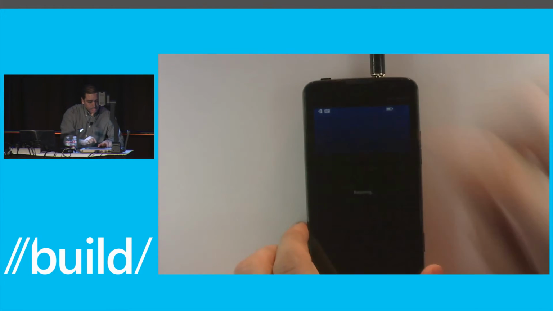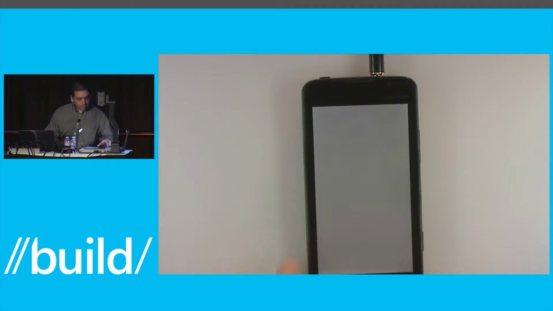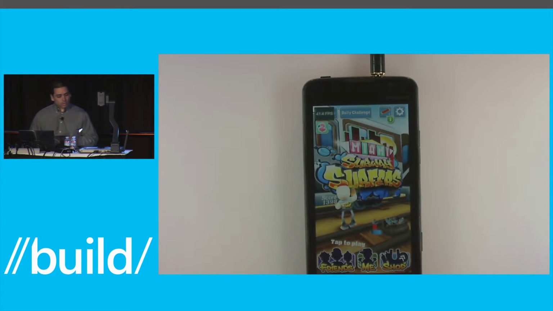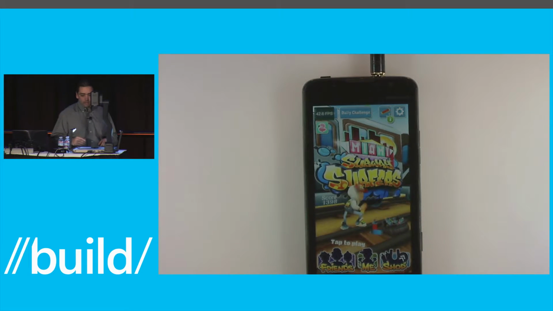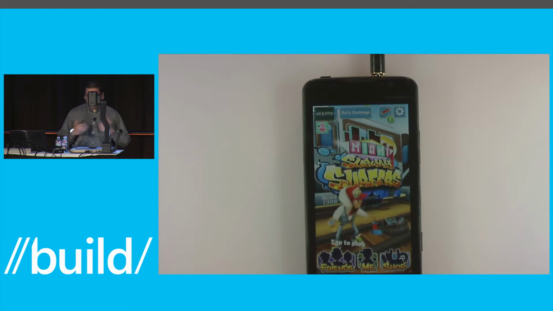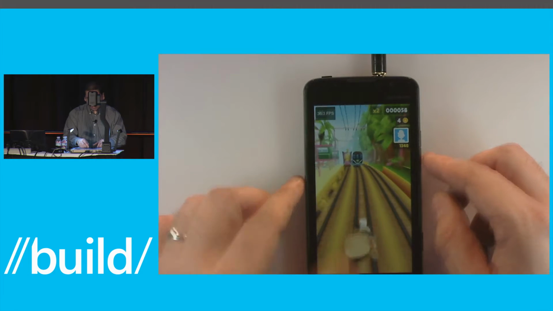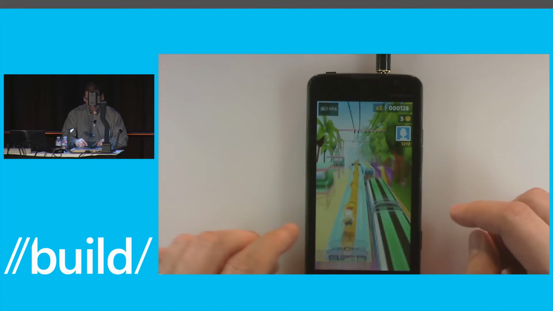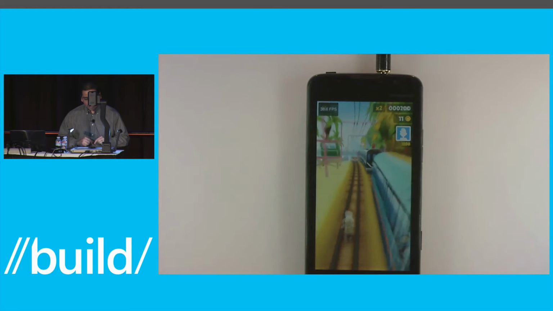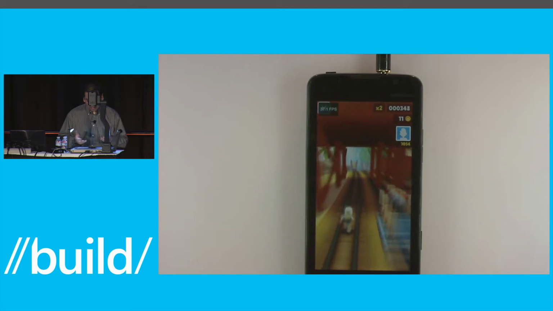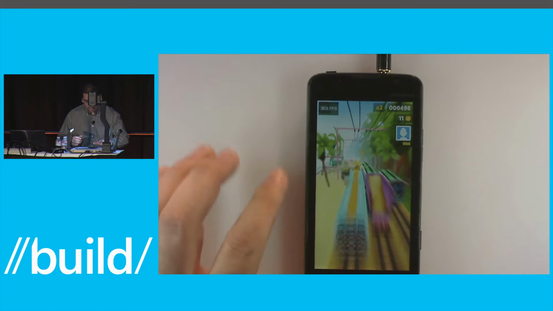So for example, everybody here is probably familiar with Subway Surfers. I'm still on the Elmo. So if you're familiar with Subway Surfers, here's what I see: Subway Surfers as you have it on the Windows Store today, on the Windows Phone Store. And I'm just going to tap play. This is Windows Phone 8. And you see a little performance counter there, and it's about 35 frames per second or so. That's what is normally on the store today, climbing up to, in some cases, 37, 40. But that's what you're getting out of Windows Phone 8 today.